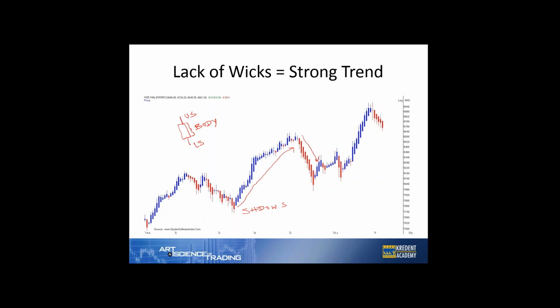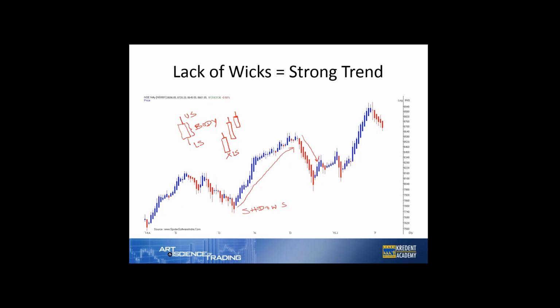Now you'll see in a Heikin-Ashi candlestick, the way it gets calculated, if there's a strong underlying current on the upside, each and every candlestick may have an upper wick, but it will not have a lower shadow or lower wick. As long as you have a candle like that, you need not be too worried about the trend. It will continue to go up. The size of the body may differ, but there will be no lower shadows or lower wicks. That's a sign of a very strong uptrend.